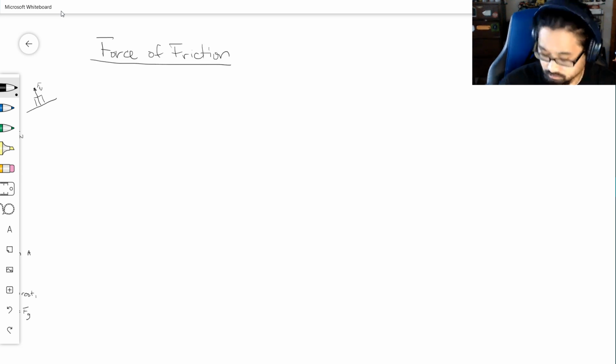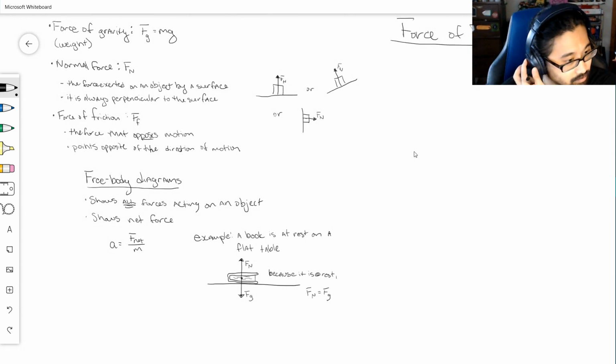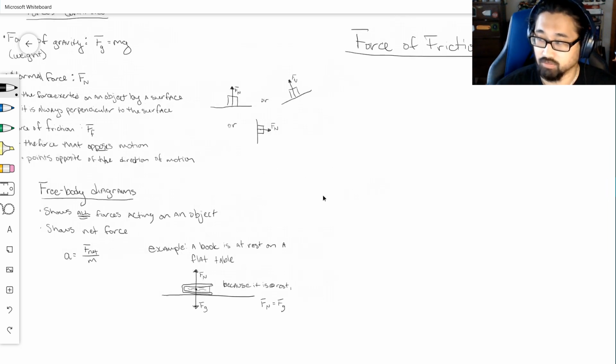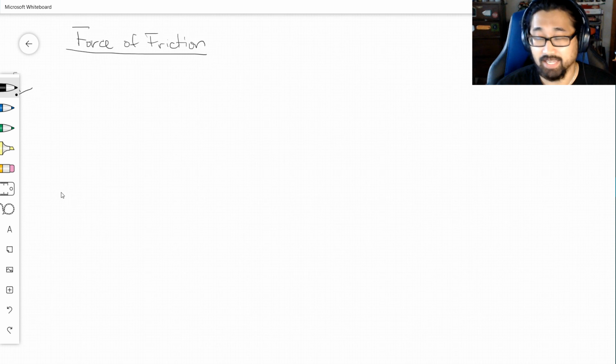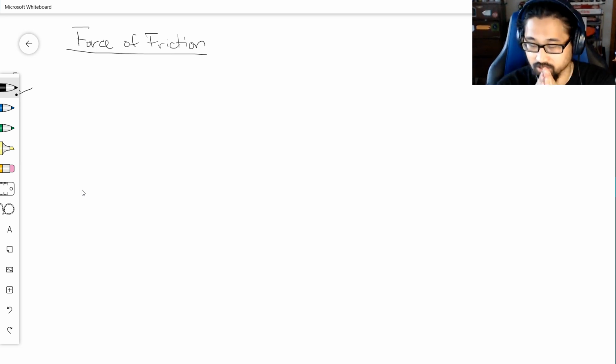Right, so I had said before already that the force of friction is just any force that opposes motion. Specifically, it points opposite of whichever way the object is moving, and possibly more important, it is very dependent on the two surfaces that are touching, right? You have friction because two surfaces are touching and moving past each other, or touching and not moving past each other, right? High friction situation might be that they don't move past each other. Low friction situation might be that they do move past each other,